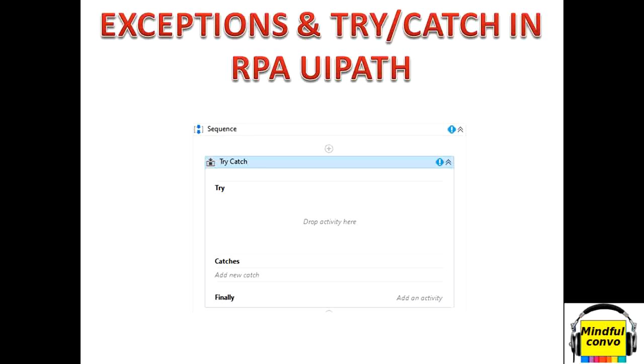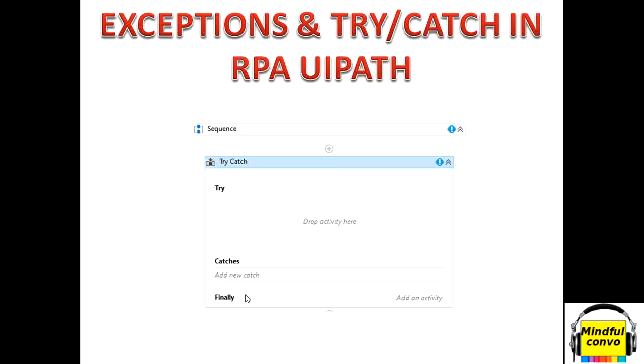As I have given you in this image, we have try and catch and also finally. In the try block we put those activities that have the chance of throwing an exception, while in the catch block goes the activity to be performed when the exception occurs. And the finally block always executes after the try-catch block.